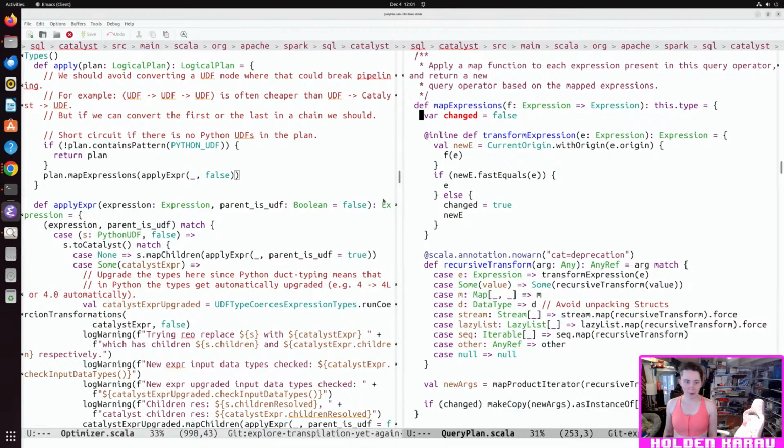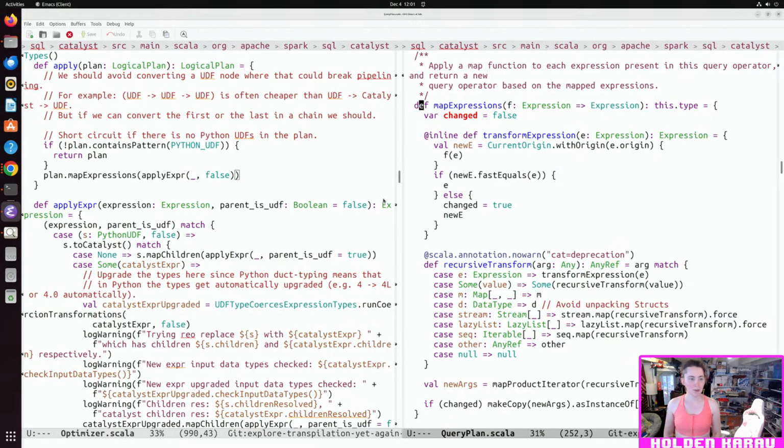map product. So map expressions doesn't quite do what I want because it does this recursively. And I want to do some things that are a little more funky. So yeah, okay.